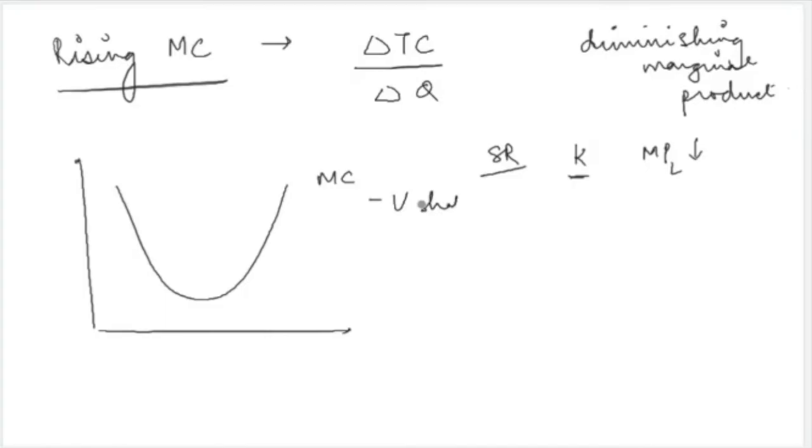जहाँ पे आप देख रहे हो that for the initial part of the quantity, the marginal cost curve is decreasing, and then after some time, the marginal cost curve increases. These two phases of the marginal cost curve are related to diminishing marginal product. So the moment the marginal cost curve starts increasing, this is the time when you notice diminishing marginal product, because